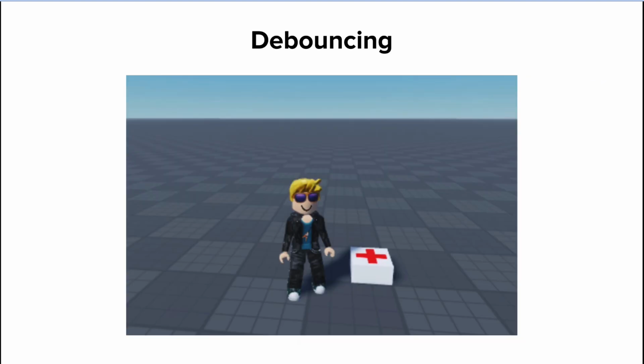Debouncing could be used in a number of different scenarios. Let's say there's a health kit that adds 20 points to a player's health level. Maybe we only want this option to be available once every 30 seconds. If we didn't implement a debounce function, well, then players could heal themselves over and over again until they reached